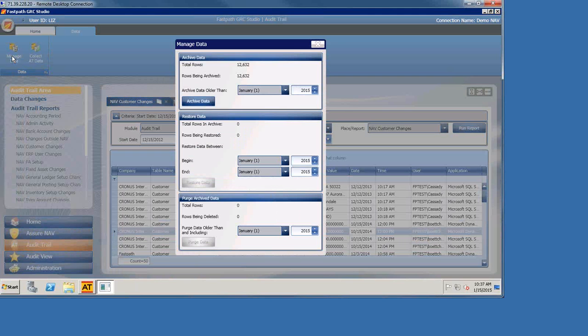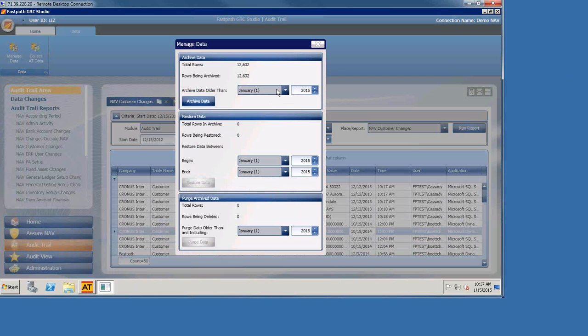Well, you have the ability to archive and purge this data right from within the tool. So let's say, for example, you've been using the Audit Trail tool for a good 9 to 10 months, and there's 30, 40, 50,000 rows of data. Maybe there's more. Maybe there's something like 300 or 400,000 rows of data. When you run your reports, it's looking at that complete set of data. It's looking at those 400,000 rows. Well, maybe you only need to keep about 3 months of data live, and then the rest can be archived.